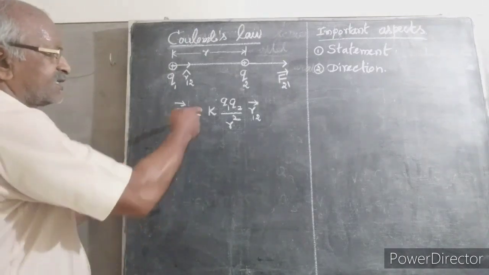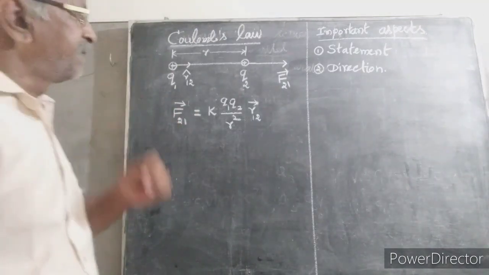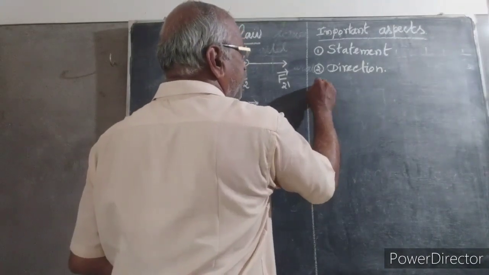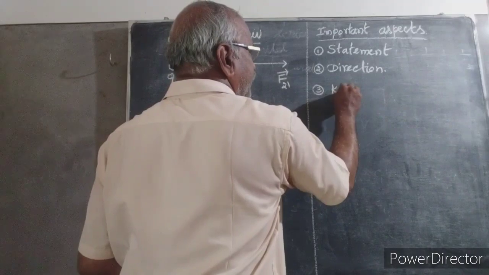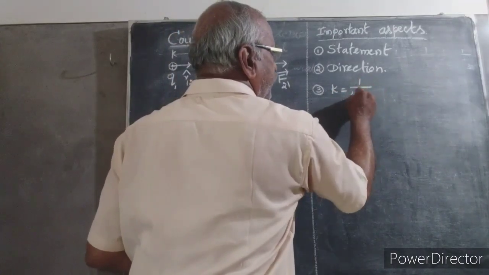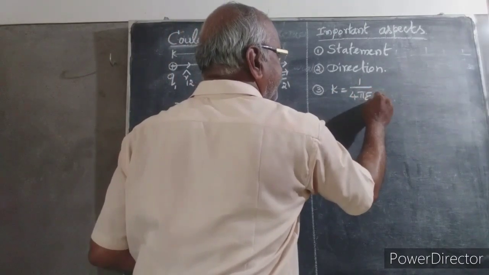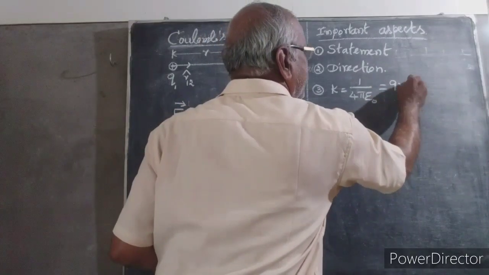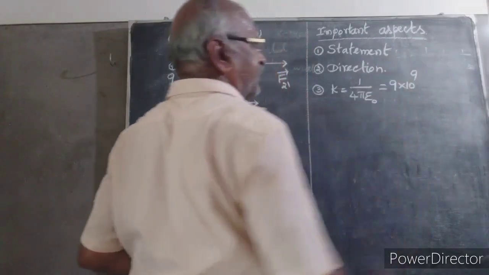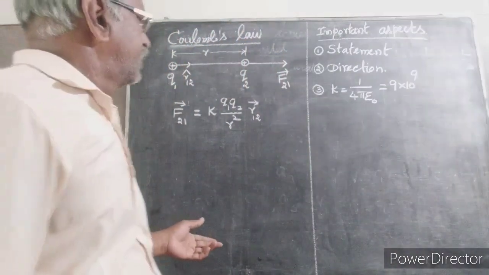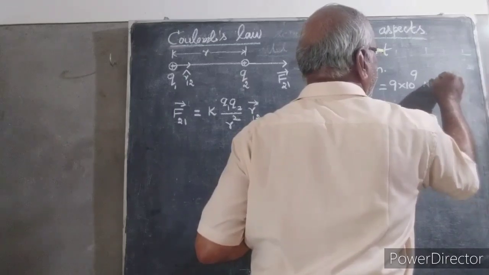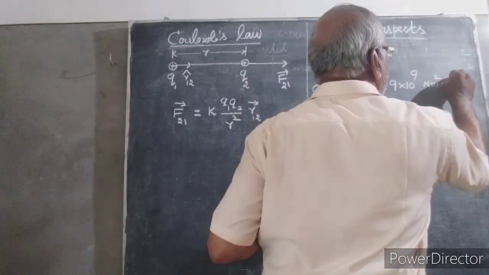The third one states about the value of K. It is experimentally found that the proportionality constant K equal to 1 by 4 pi epsilon naught equal to 9 into 10 power 9 Newton meter square Coulomb minus 2,